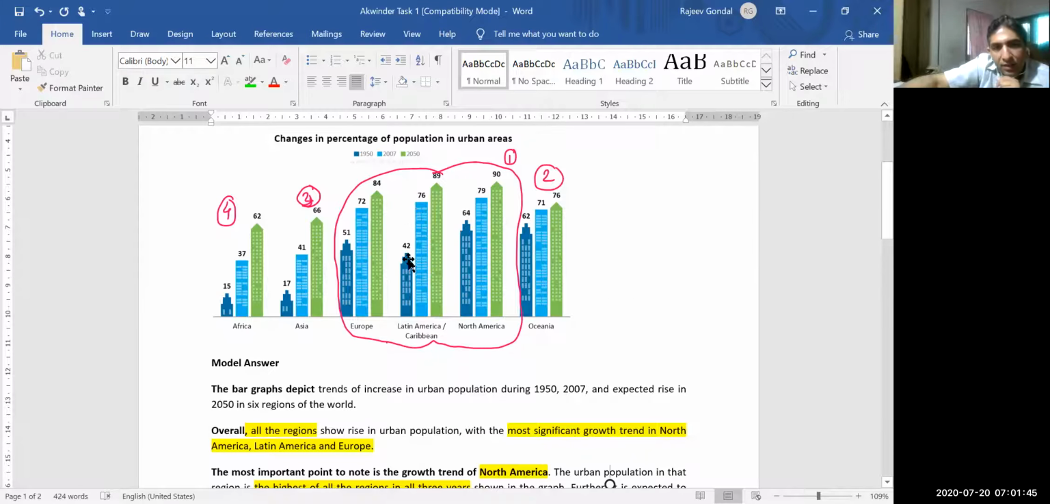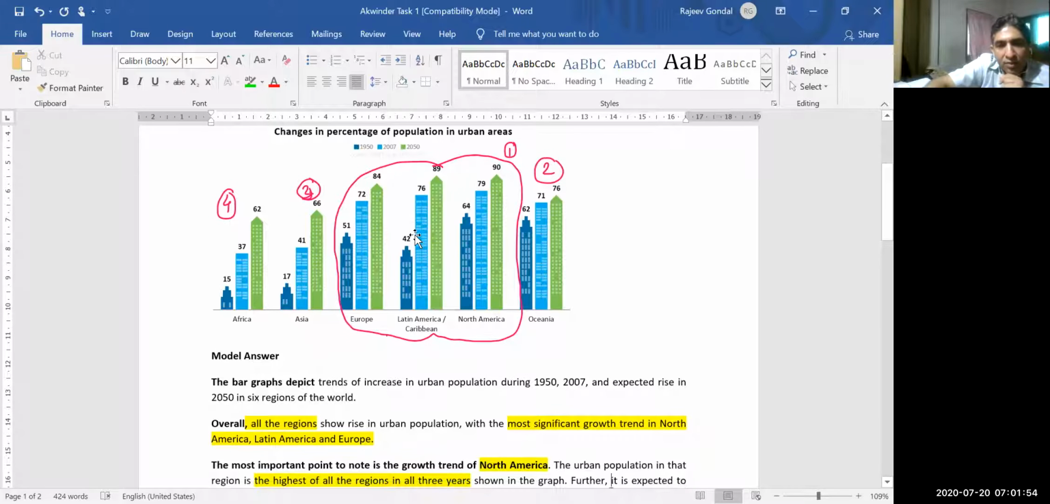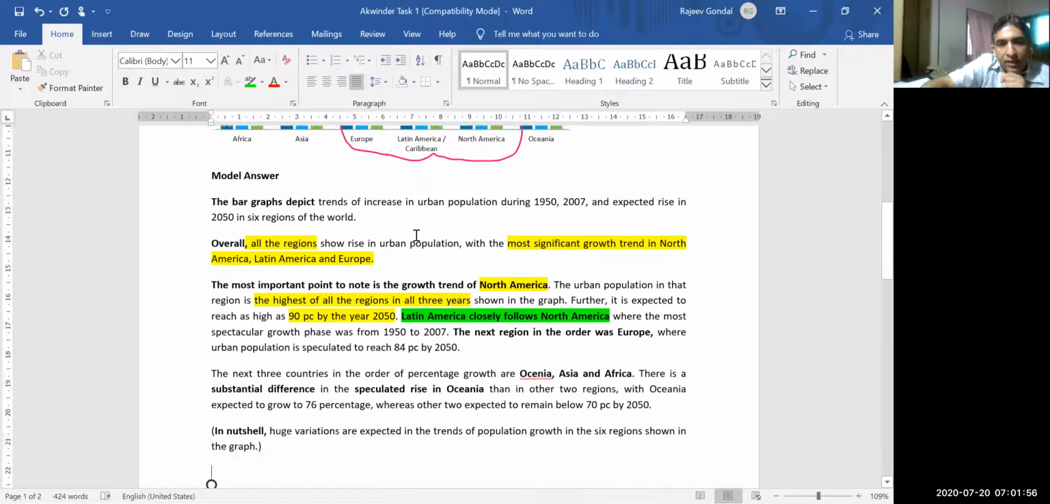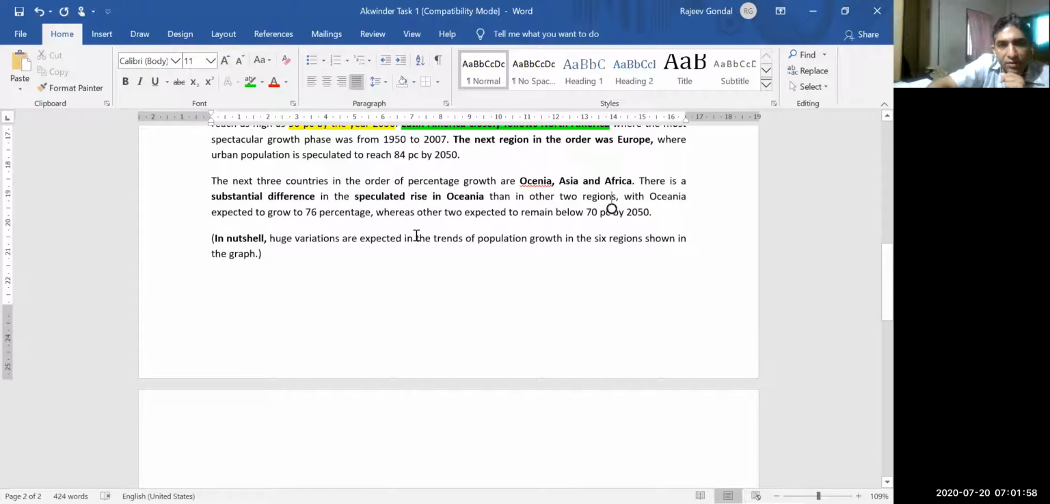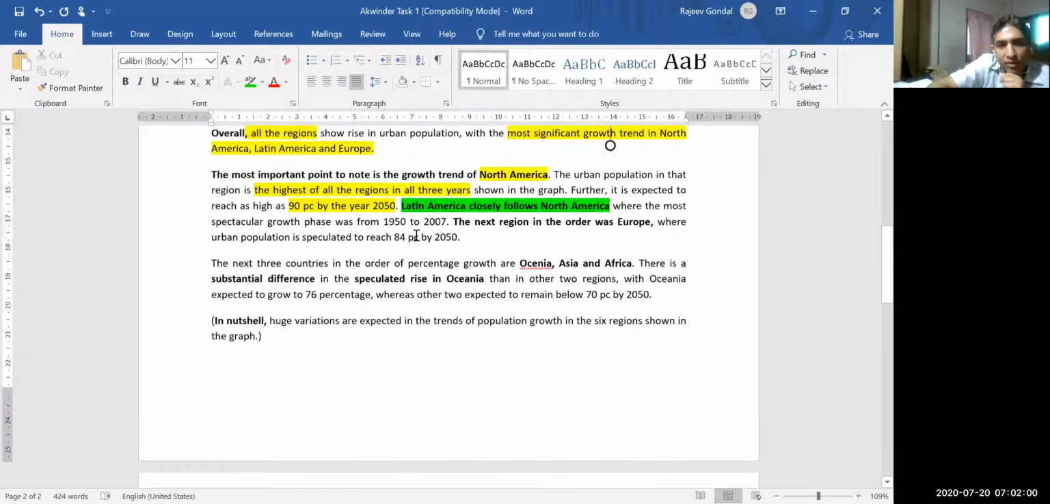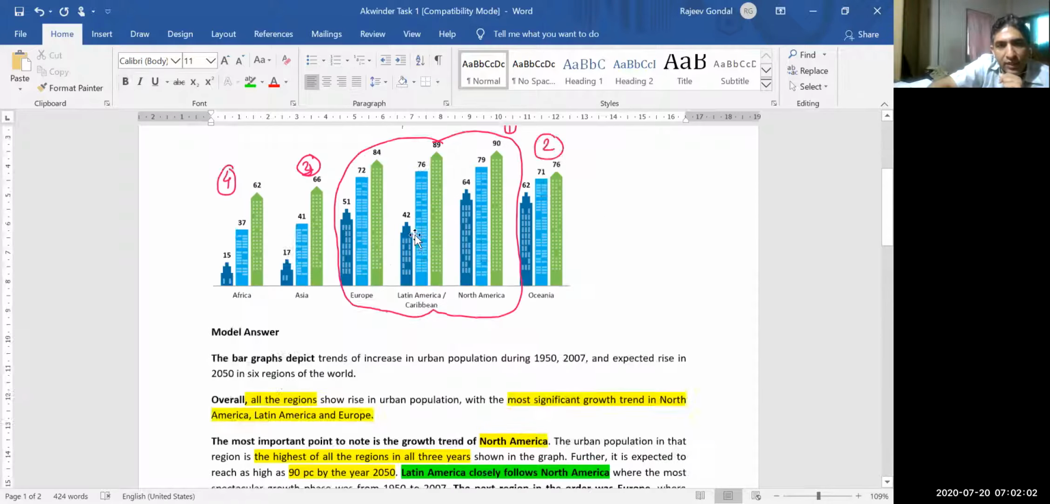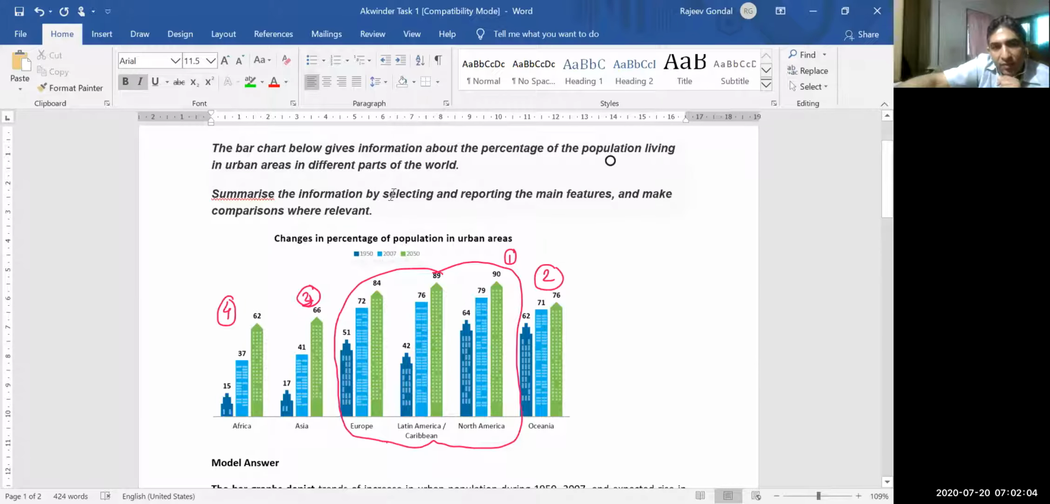So, as you can see, this 42 to 76 is a point to note. It's quite a huge jump. So, instead of talking about everything, we can just talk about this particular thing here. Latin America closely follows. So, you are supposed to talk only about the most significant things. Look at the question. Summarize the information by selecting and reporting only the main features. So this is something very important, that you are supposed to talk only about the main features, not about everything,